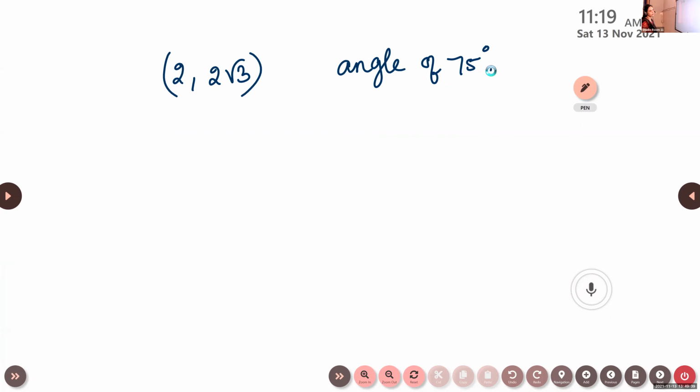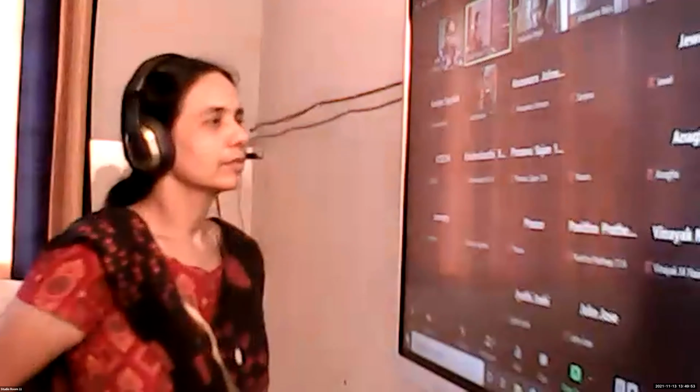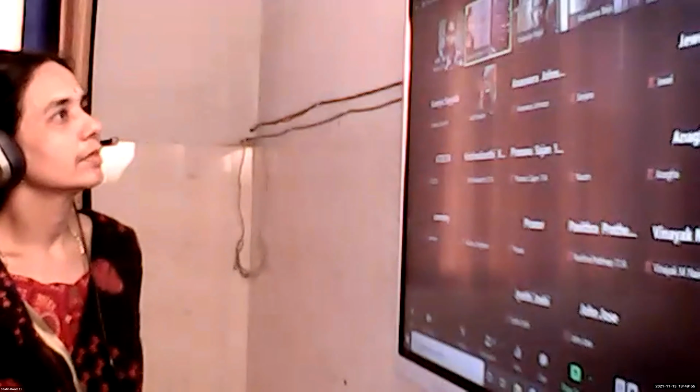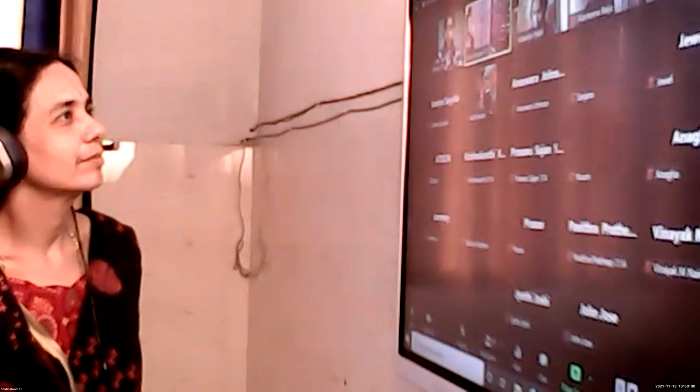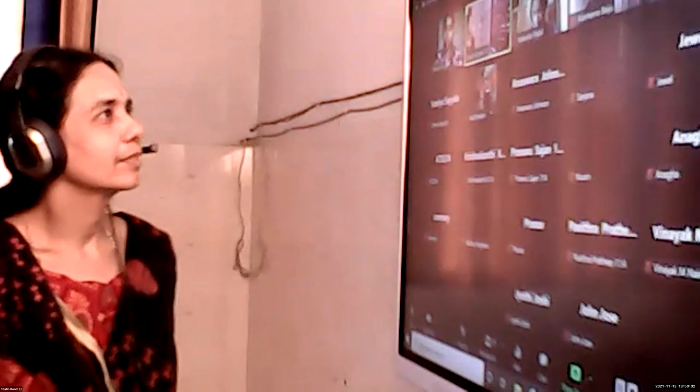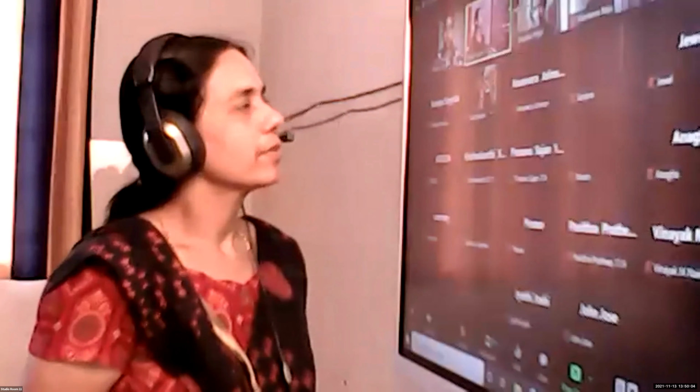How to do this, children? One point is given, so we can take this point as x1, y1. But look at the angle. Instead of slope, angle is given. How will you do this? Yes, Shabarinath. Previous class also you were not there? No, I was there the class before the last. The last class I was absent, when we took the intercepts.